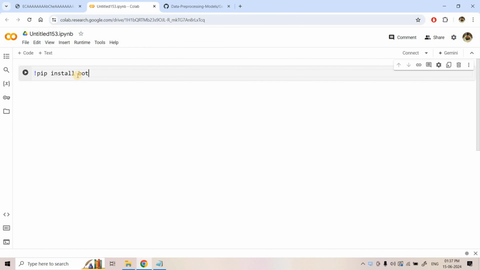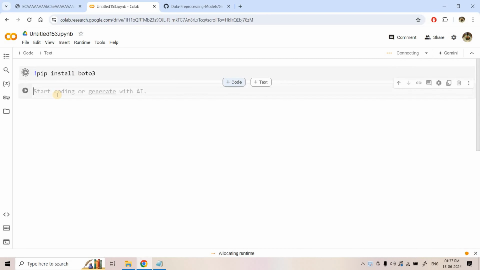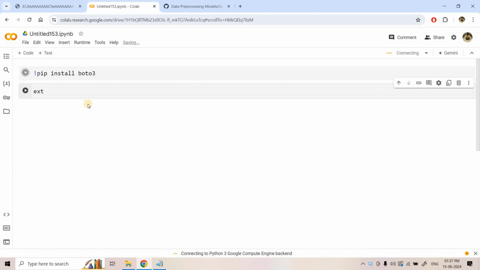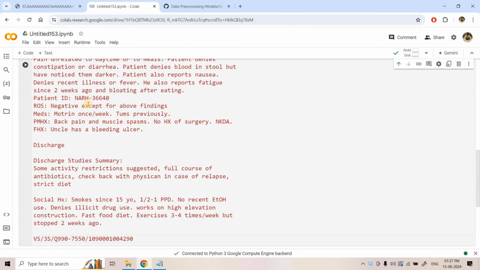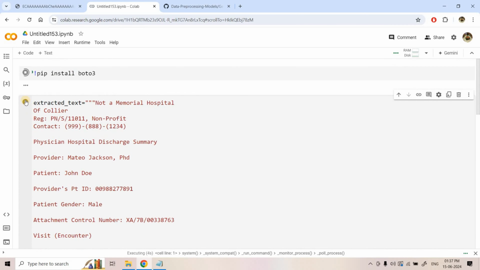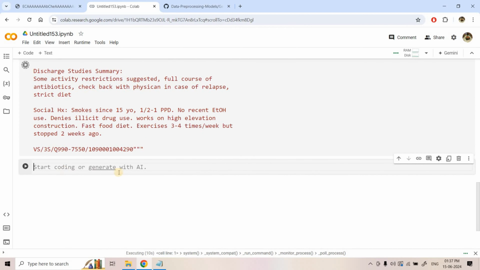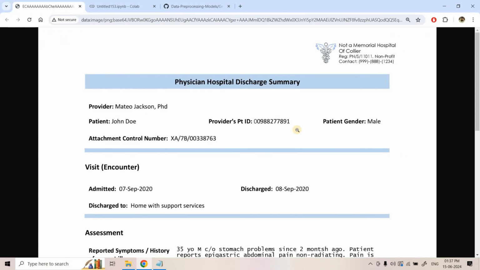So pip install boto3, and then apart from that, here I will be giving this particular text in the Colab notebook. So I can write extracted text, and within triple quotation I can paste this string, because this is a multi-line string, so triple single quote or triple double quote we have to use. And then what all details we need to extract, first let us list down. That's why I have taken some time to explain these particular fields related to this discharge summary,